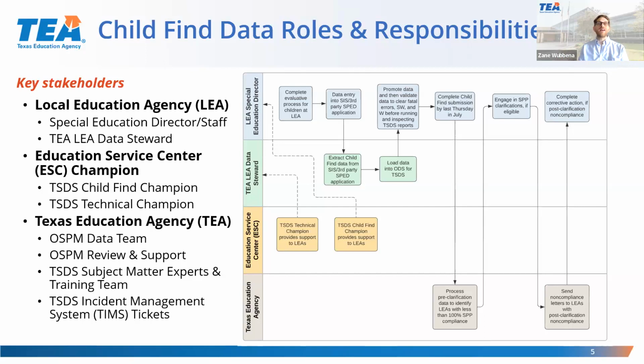The most updated data needs to occur. And so once that data is loaded into the ODS for TSDS, then that responsibility really goes back to that SPED director. And this is where they really need to coordinate and work with your LEA data steward, and also not just with the LEA data steward, but also working with your ESC child find champion and your technical champion to understand the system and become familiar with the system,